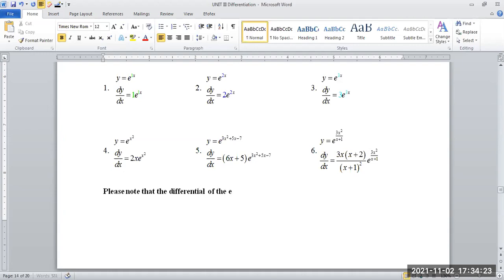The differential of the exponential function is the function itself. All right. So what needs to happen is you will understand what I mean by this. Let us look at y. Y is equal to e to the x. You see me have one x there, but one x is just x. So y is equal to e to the x. Now the differential of e to the x is e to the x. See it here? The differential of e to the x is e to the x.